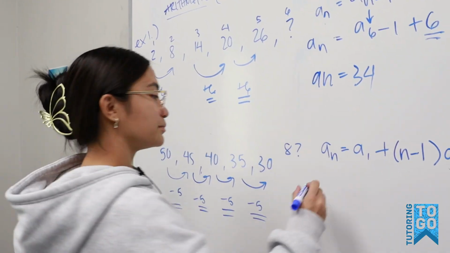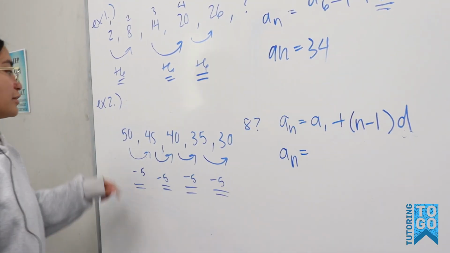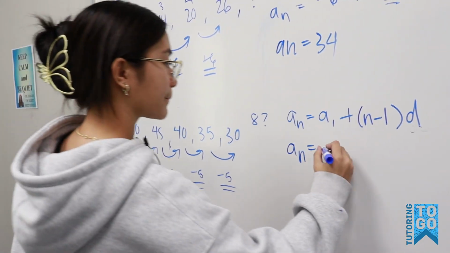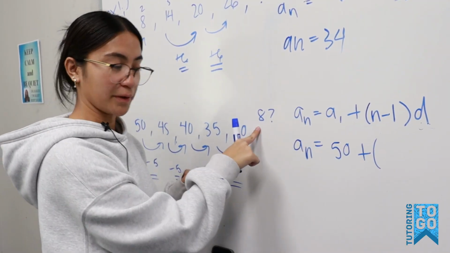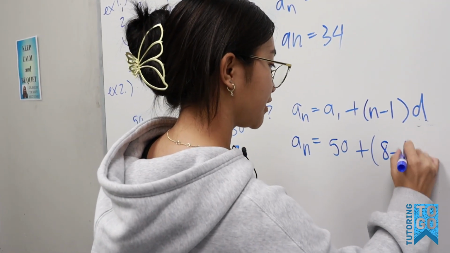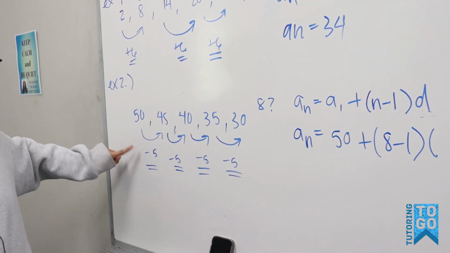So what we can do is take our first term, which is 50, plus our desired term, so we want 8, minus 1, times our common difference, where we can see it's negative